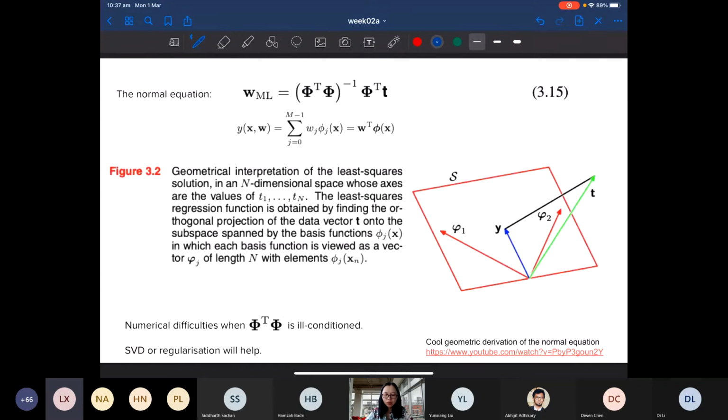We essentially unroll the regression function y of x comma w using the maximum likelihood estimate of w. So if we look at w_ML transpose of phi of x, we can see that